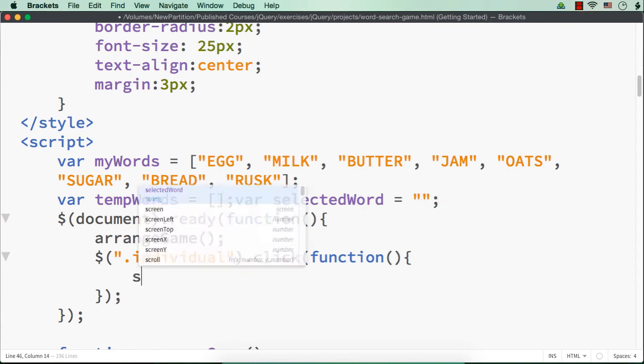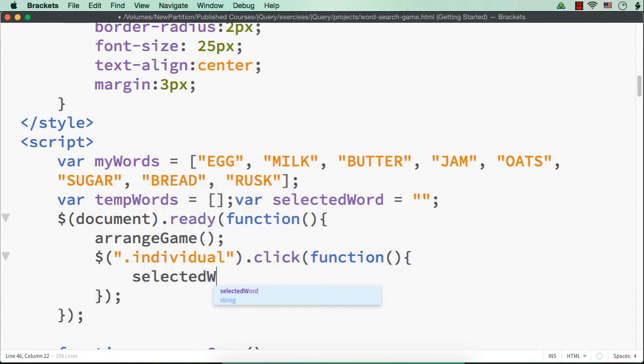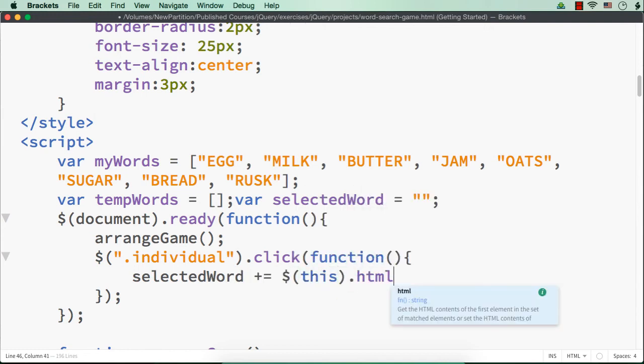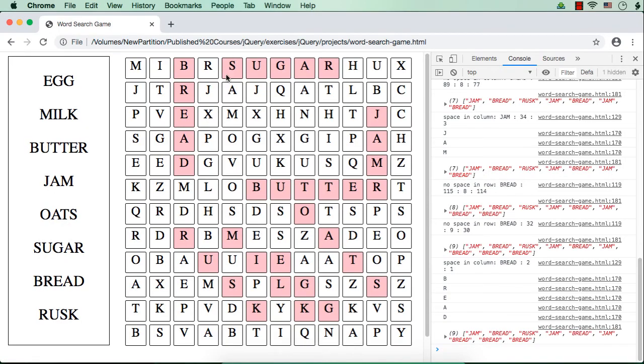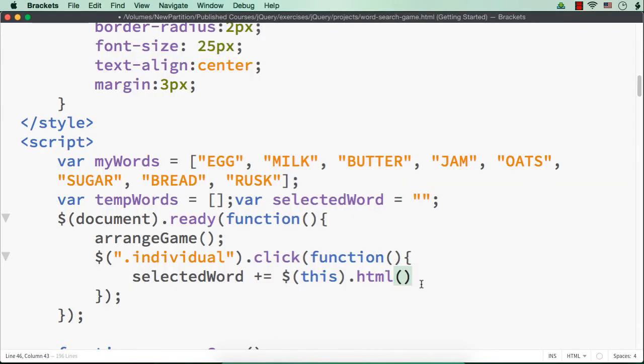And here what I am going to do is selectedWord plus equals $(this).html(), which means that if the person clicks on the div element with the letter S, this selectedWord will be S. Then when he clicks on U, it will be SU, like that. Let me show you that part.